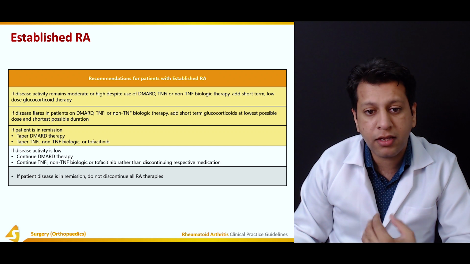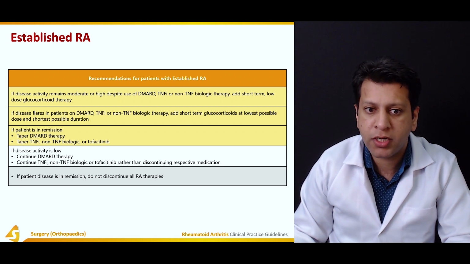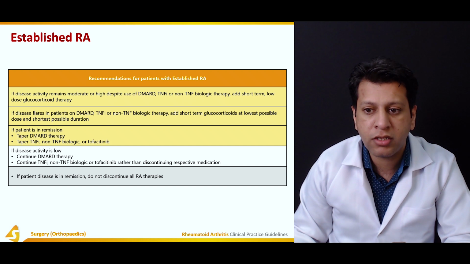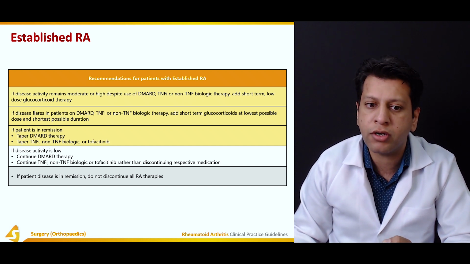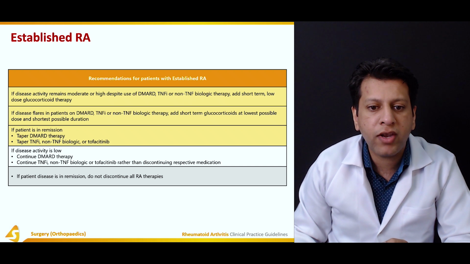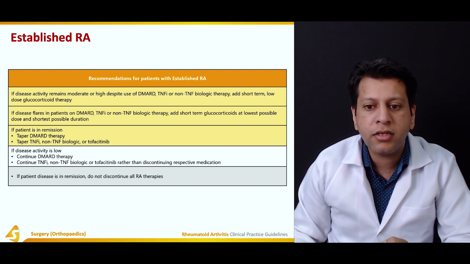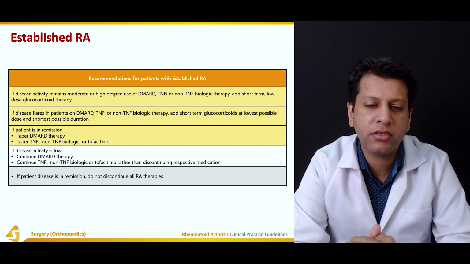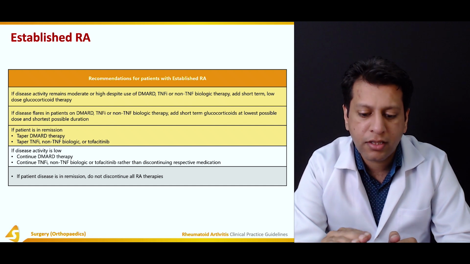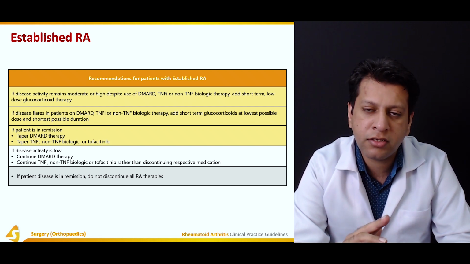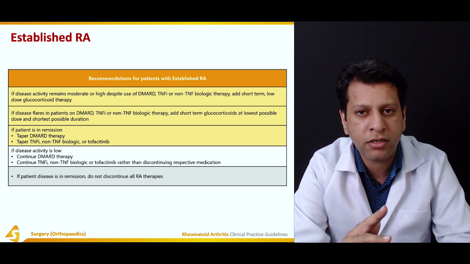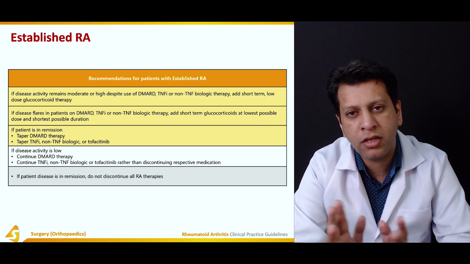Now, recommendations again being continued for the established rheumatoid arthritis. If the disease activity remains moderate or high despite use of DMARDs, TNF inhibitors, or non-TNF biologic therapy, add short-term or low-dose glucocorticoid therapy. If the disease flares in patients on DMARD, add a short-term glucocorticoid at lowest possible doses and shortest possible duration. This is a very simple phenomenon: if there is an established RA and high disease activity and the patient is already taking methotrexate, already taking TNF or non-TNF inhibitors, then to deal with the flare-ups, you